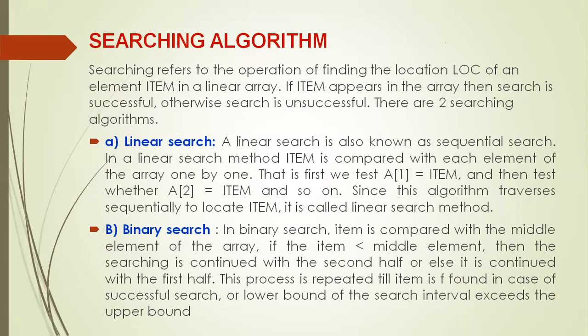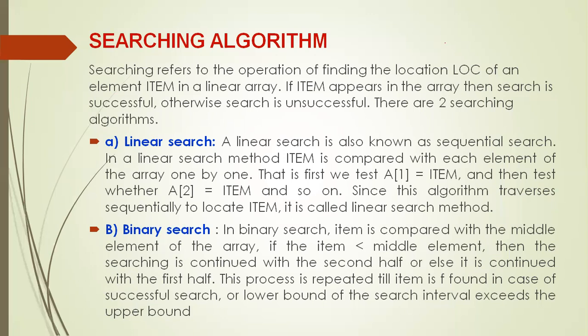Or if the search element is more than the middle element, then we can ignore the first half, and our searching process continues only in the second half. So each time the entire array is divided into two parts. Either the search element is present in the first half of the array or it is present in the second half. After dividing, we again start comparing the element with the middle element of that subpart.